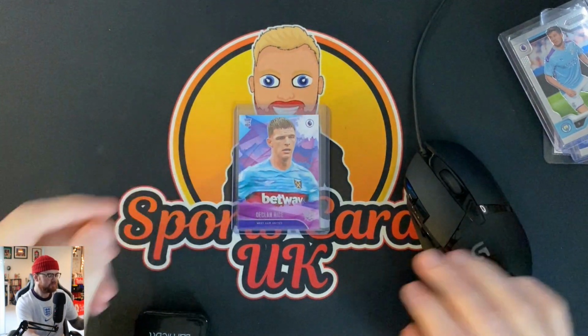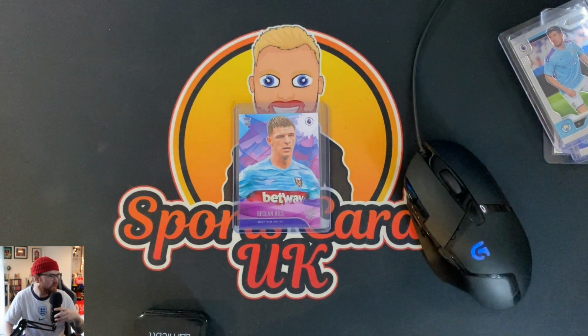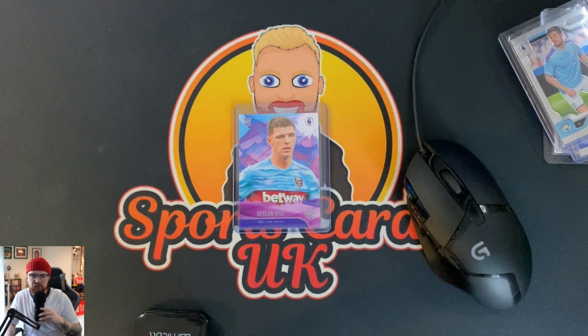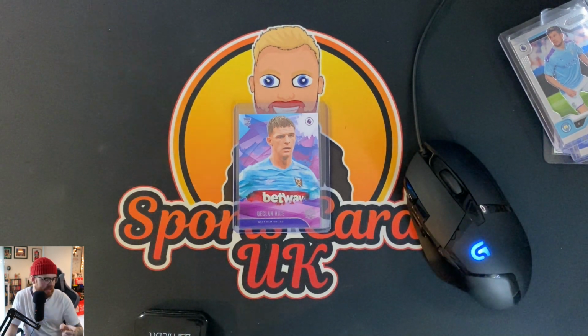Now, next up, interesting one, we've got Declan Rice. We have got him on there. I was slightly worried that we didn't actually have him on the tier list, but we do. Now, this is a Pitch Kings, sorry, not Court Kings. That's the basketball version. This is a Pitch Kings card,